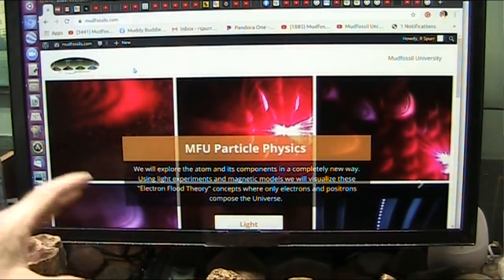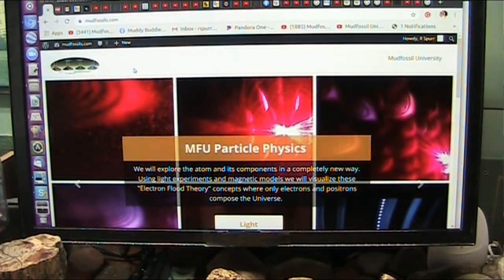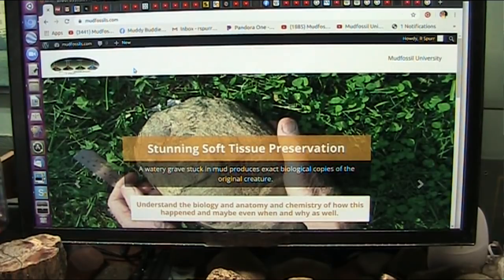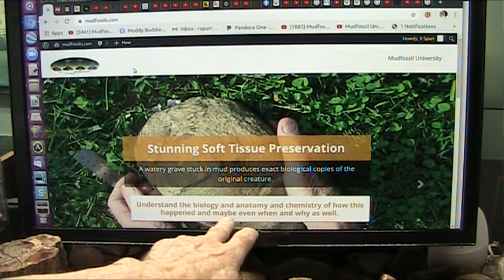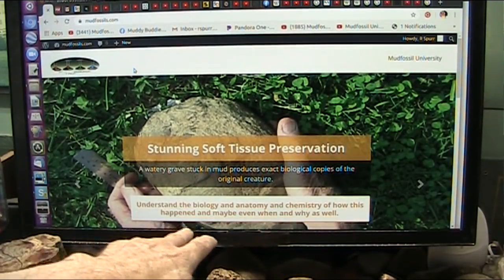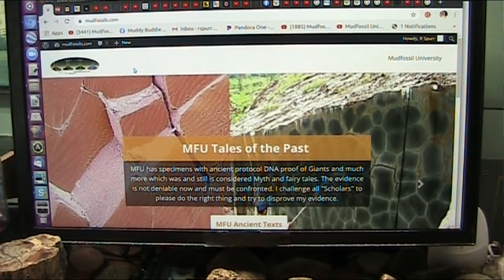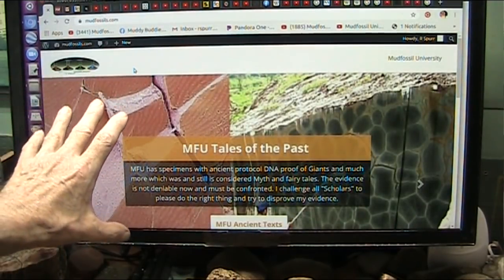Now, this is the website. I'm putting it back up again. It's been down for probably 5 years or so. Now, this is going to address everything in our past, understanding the biology, anatomy, chemistry of how this happened, and maybe even when and why as well. Soft tissue preservation. Now, muscle tissue is